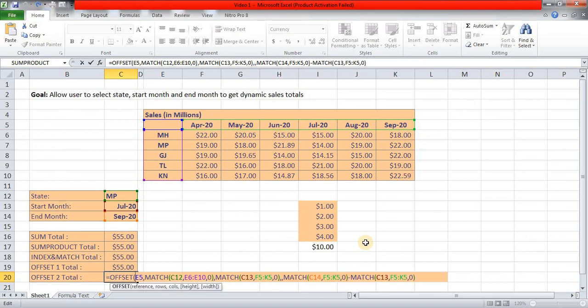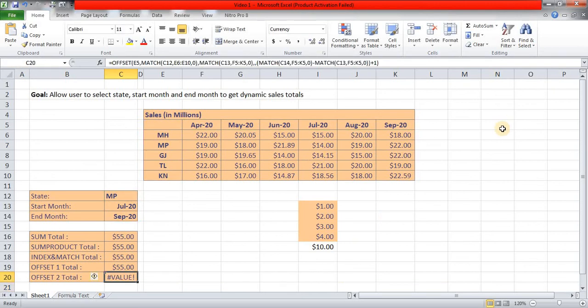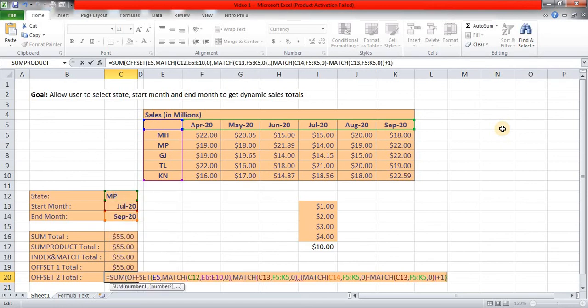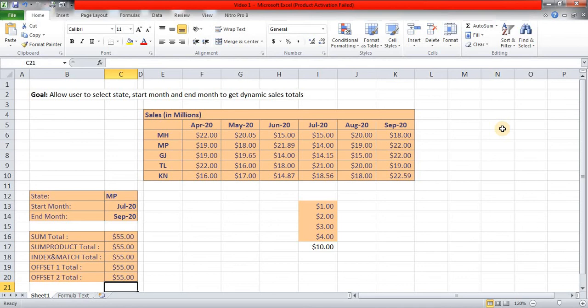So we'll simply put brackets around these 2 matches, and I'll say +1 because we want sales of July, August and September, 3 months, and I'm completing parenthesis and enter. It's giving us value because again it has selected those 3 values, so we'll prefix this with sum, sum, tab, come to the end of this function, close parenthesis and enter. So you can use any of these 5 approaches, but if you are new to offset and sumproduct, or if you fear that you may end up in something else, then I suggest you use index and match, which is a straightforward function.